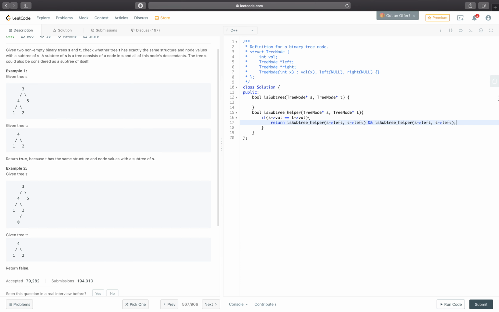So if they're equal and their subtrees are equal,